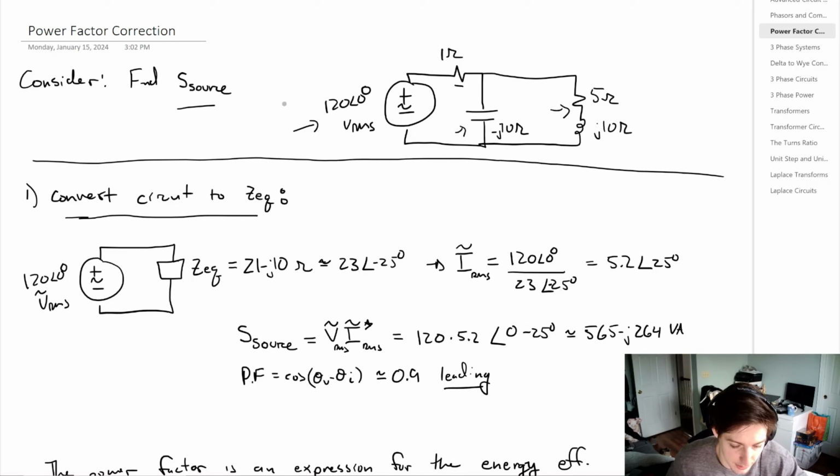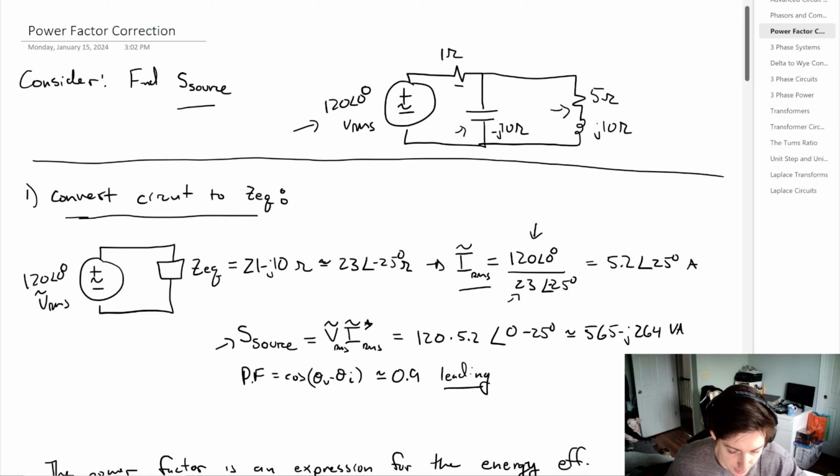And if we do that, we get an equivalent impedance of 21 minus j10 ohms, which is also equal to 23 with a phase angle of minus 25 degrees. And from that, we can simply find the RMS current. So we have our voltage of the source, and we know the current coming out of the source. We can then find our complex power for the source, given by the RMS voltage times the complex conjugate of